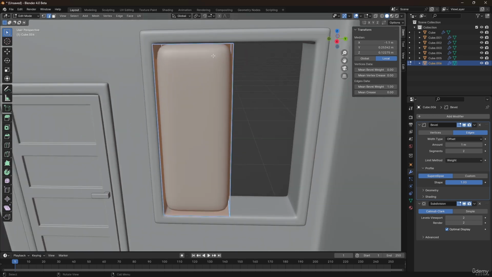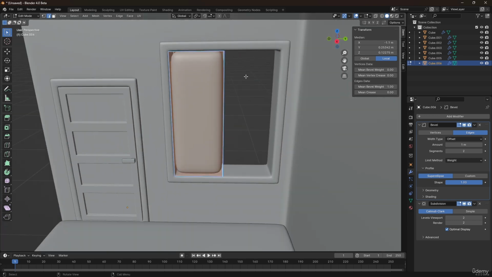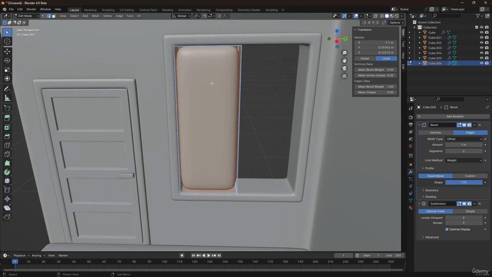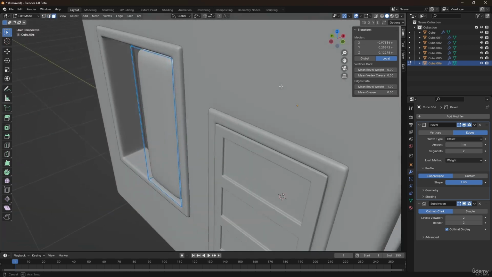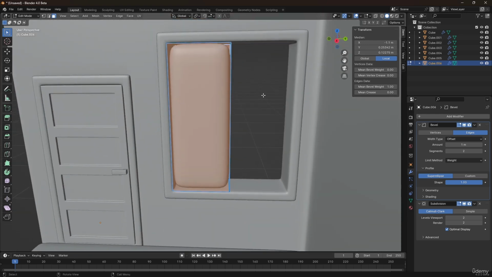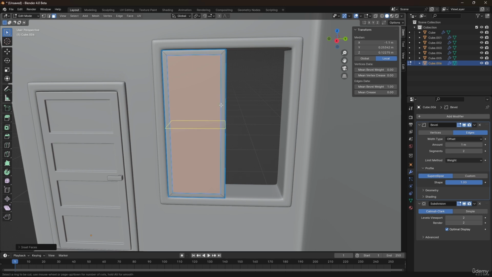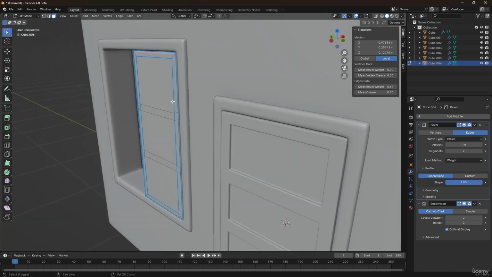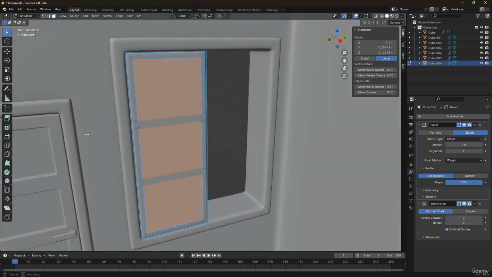Now we're going to create one part of this window, and then we're going to mirror it over to the other side using a modifier. That's going to make it a bit easier. Now in the face selection mode, we're going to select both faces, and then press I to inset to create the outer frame, and now we're going to add a loop cut, and then we're going to bevel these loop cuts, something like that. And then using the face selection mode, we're going to select these faces on both sides,